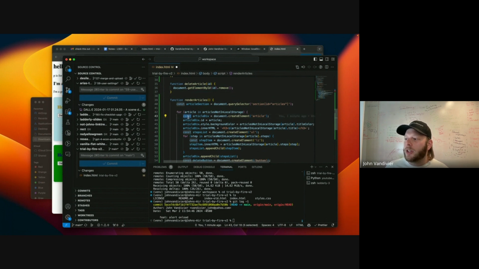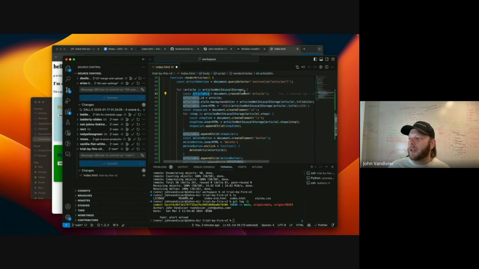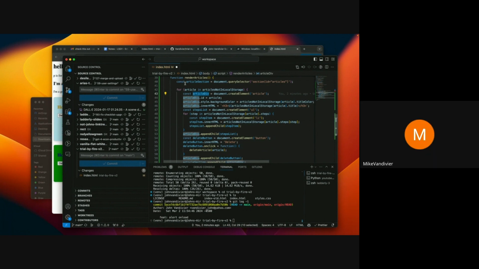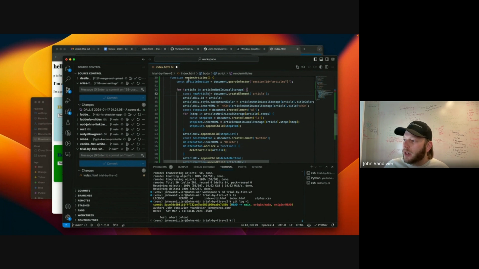So the keyword looks good. Variable name, I don't like this variable name, Mike. So we fixed it so that we're not creating a div and we're creating a proper article. So now, don't you think that the variable name is misleading now? Yeah. So what would be a better name in your opinion? New article? Sure, works for me. So we're going to go through and replace.